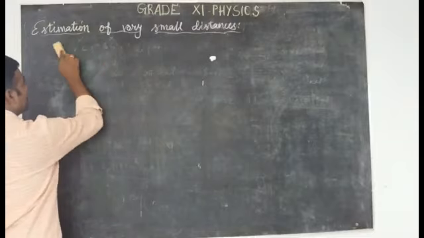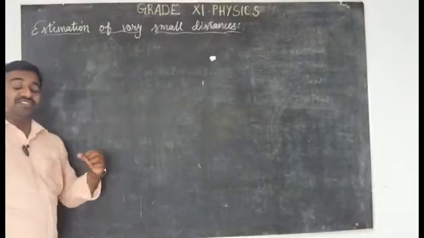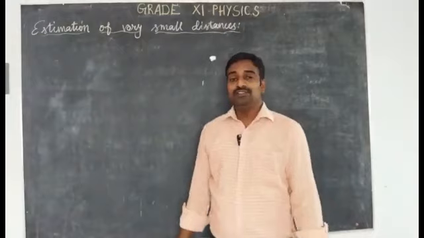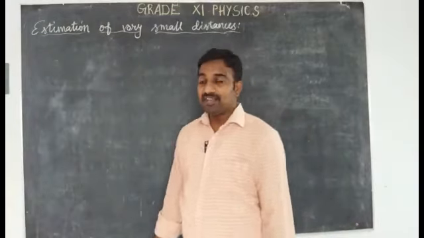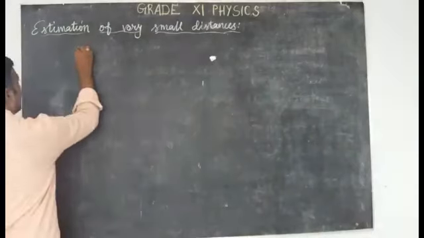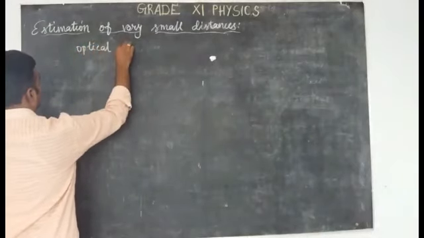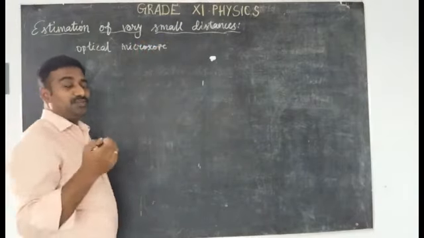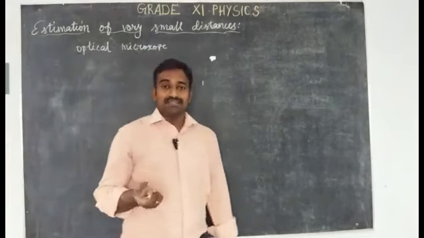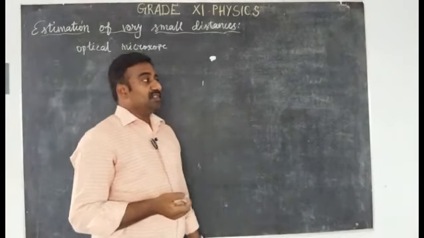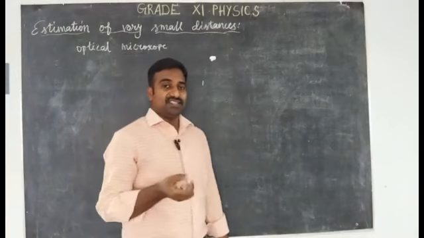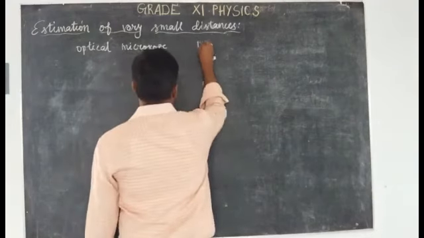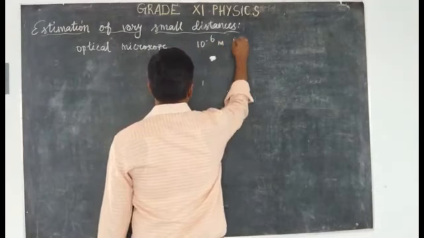If you want to measure dimensions which are very small, less than 10 to the power minus 5 meter, we have to choose a special instrument. The optical microscope we can also try, but there is a drawback: the optical microscope also has a resolution limit. The optical microscope is used to enlarge microorganisms such as algae, fungi, and bacteria, single cell organisms, but not viruses. That is why it is called a microscope, because it has accuracy up to 10 to the power minus 6 meter. We can say it is a micrometer.